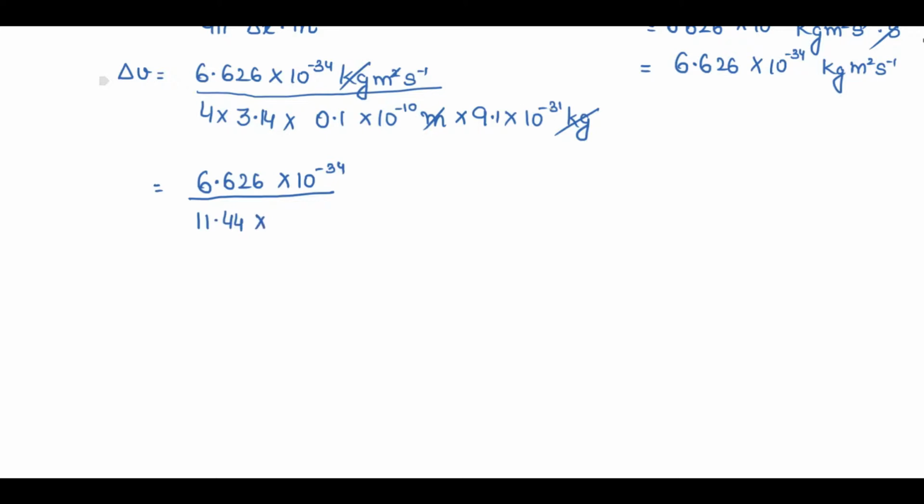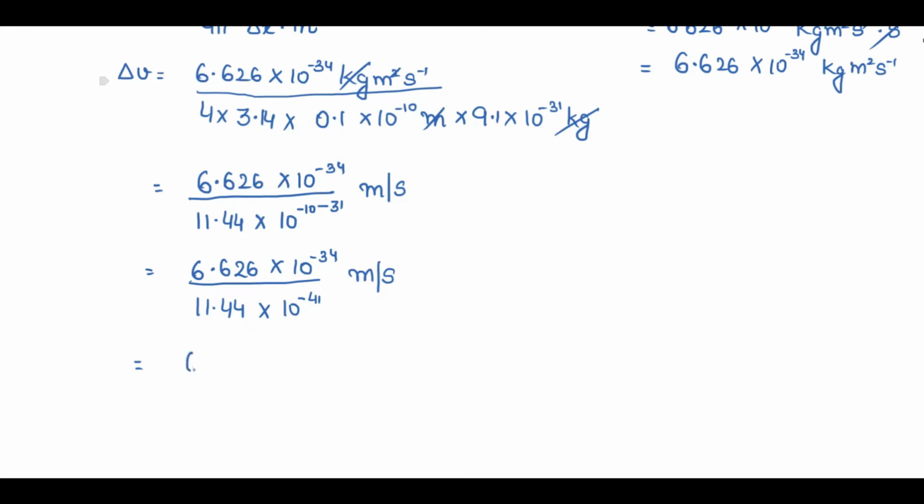into, now these two powers are in multiplication. So definitely I'll add them. 10 raised to power minus 10 minus 31 units meter per second. This second inverse can be written as per second. 6.626 into 10 raised to power minus 34 divided by 11.44 into 10 raised to power minus 10 minus 31, your answer will be 10 raised to power minus 41 units meter per second, right? So when you will divide 6.626 with 11.44, your final answer will be